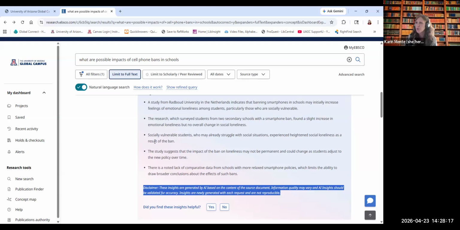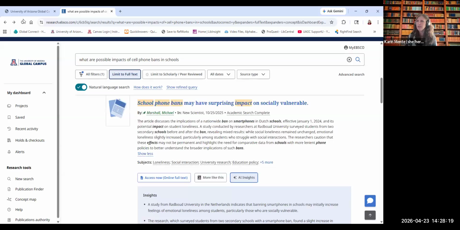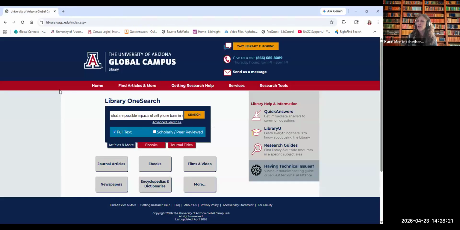And next, I want to show you, so we talked about, let me go back to the library homepage. So right now we've been talking about one of our biggest databases in the library, Library OneSearch and EDS. The nice thing about Library OneSearch is it actually pulls from most of our databases available in the library, including ProQuest. ProQuest is another one of our biggest databases for academic research.